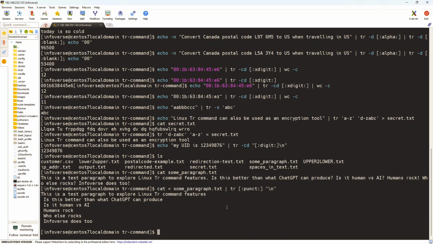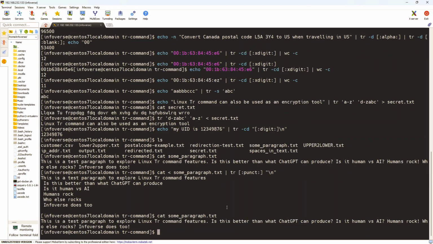So as you can see, this is more readable, that text that's in some_paragraph.txt. And something to note is that since we're using redirection to read, you're not making any changes. If I show you some_paragraph again, that file should stay unchanged, right? It's the same file. So all we're doing is, when we run this command, it just displays that output, which